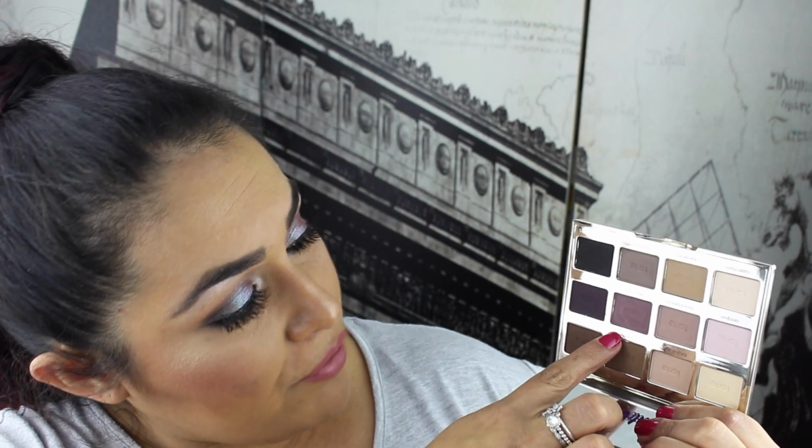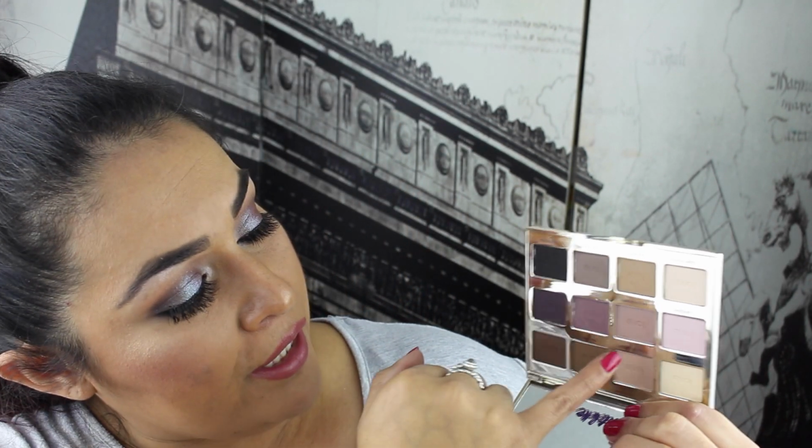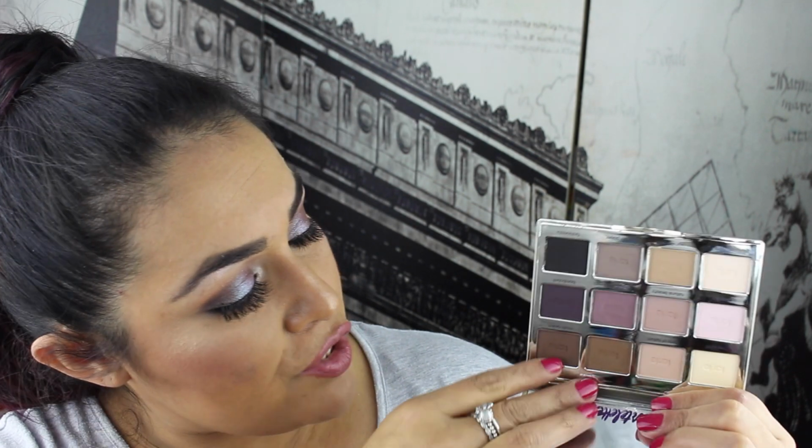And at the end of the day, if you're going out to after dinner drinks or something, just to add a little bit more smokiness and intensify the look, just to go from day to night. So it's a really great all-rounded palette, I find. Colours that I particularly love are Dreamer, I love Natural Beauty, Touch of Nature is really gorgeous, these two brown